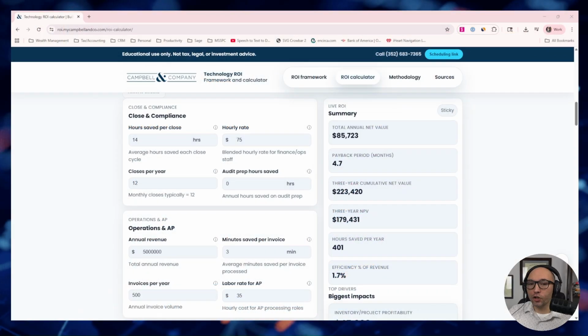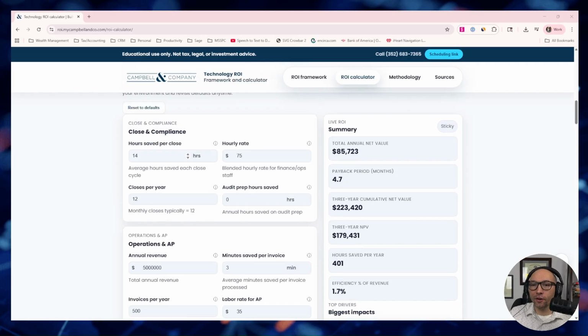So I'm going to share my screen. Here is that website. Now, feel free to go through this. We've got the framework laid out. We've got our methodology. We've got a lot of sources that help to back and inform our decisions on how we should set this up. And so one of the first ones I want to tackle is going to be the baseline metrics for close. Okay, we see that here in this first option.